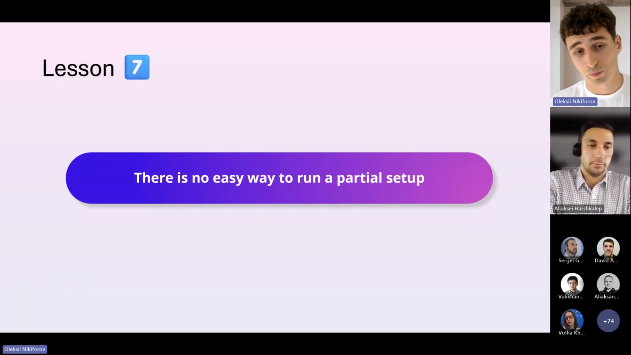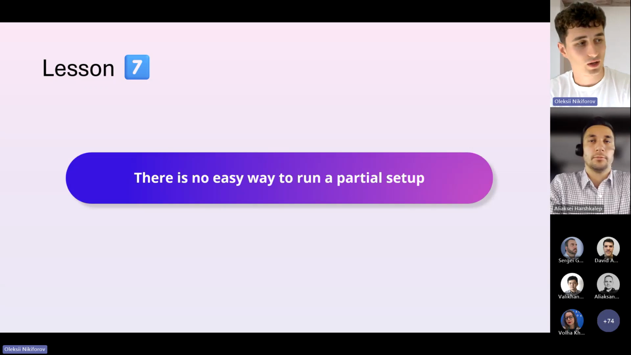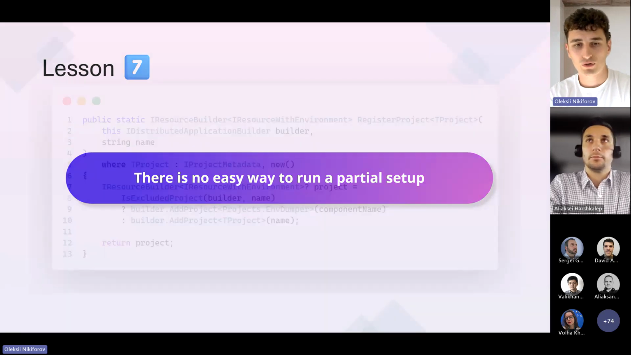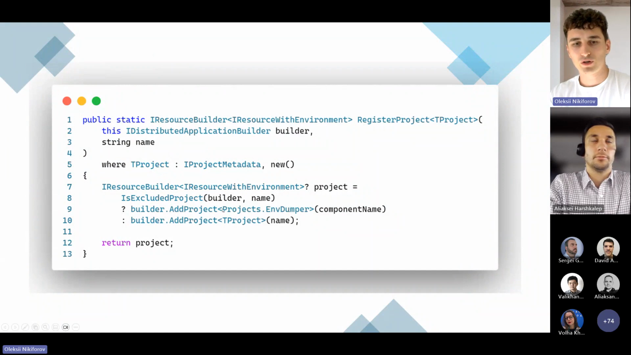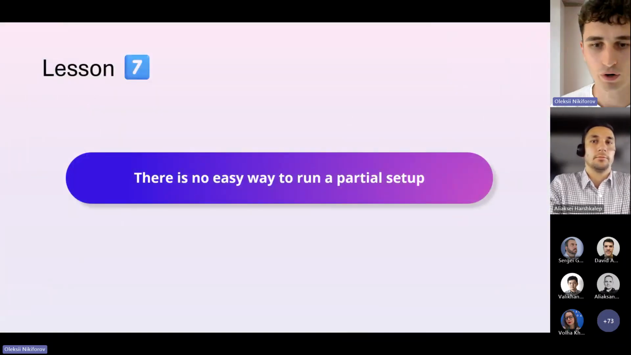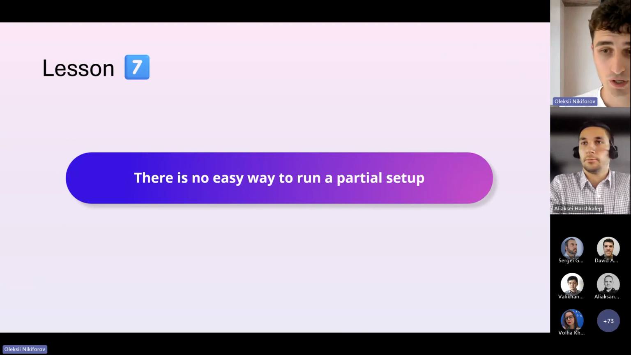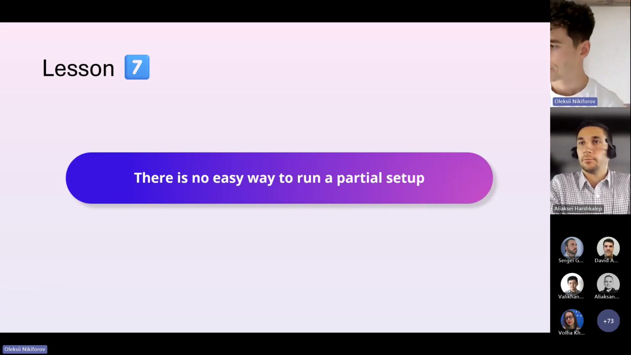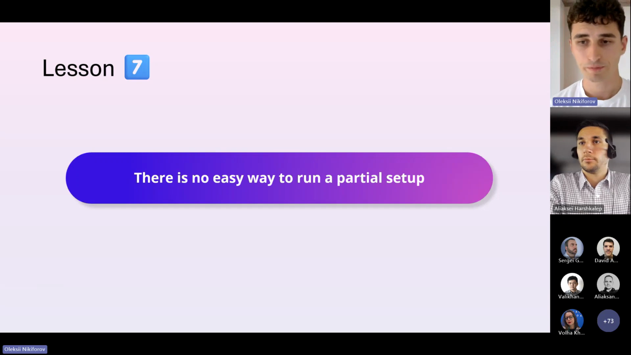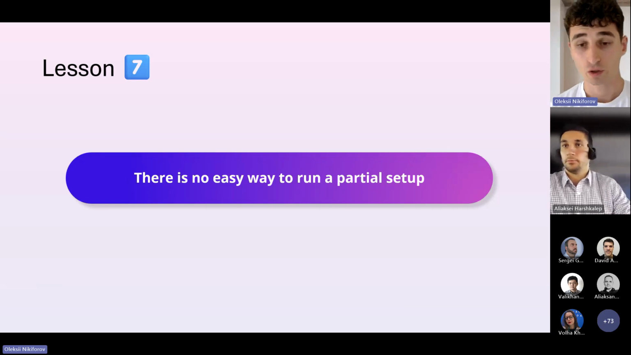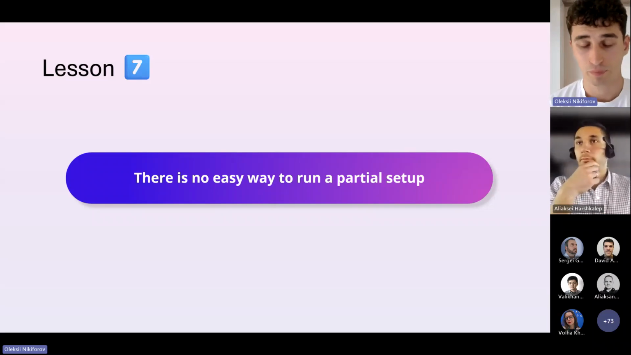Also, kind of related to the previous one, there's no way to run a partial setup. As you've seen here, we implemented it by using the register project method, by excluding the project from setup. This way we can simplify our startup configuration and exclude services. In some cases, it's good because, for example, assume we have a front end written in Blazor, and we really don't want to restart our application every time we make a change, in Aspire prior to